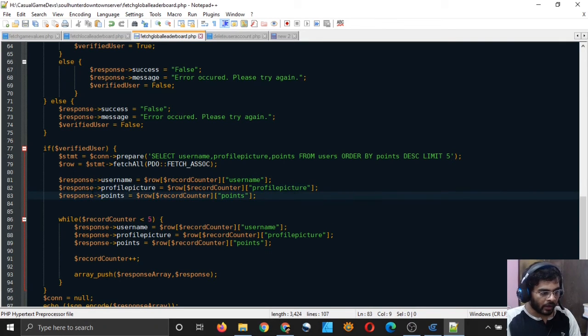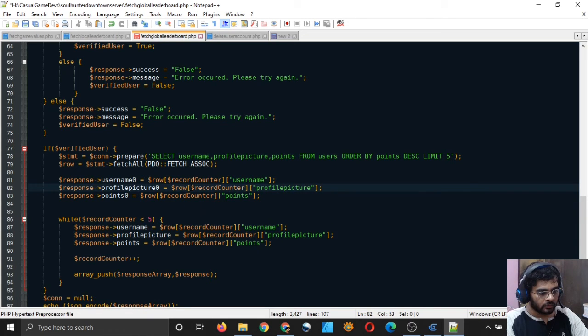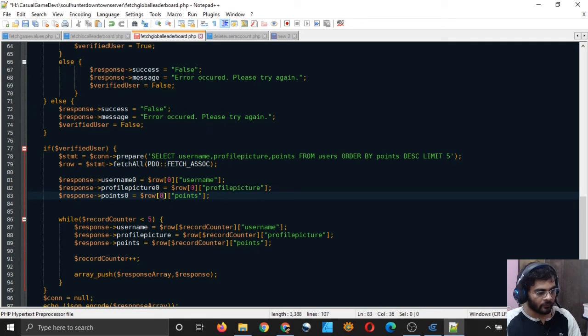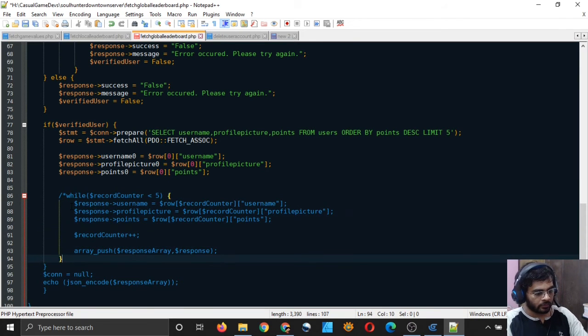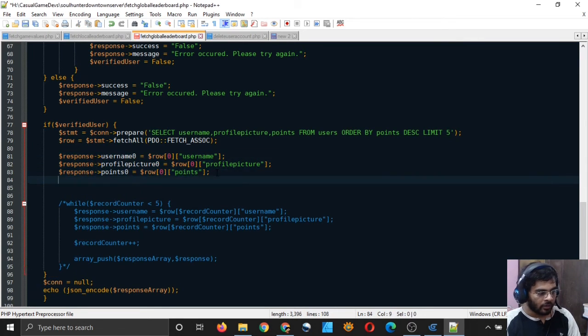make our app work. What I will do is simply username 0, profile picture 0, points 0, and I will write the array index here, 0 0 0, and I will delete this, not delete, I will simply comment it, maybe I will need it later. Yeah, and what I will do, I will copy this whole thing and paste it 4 times,